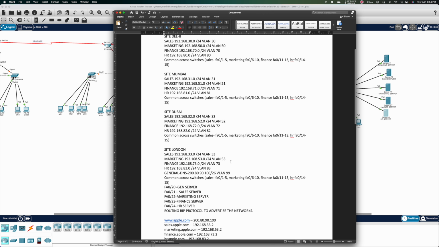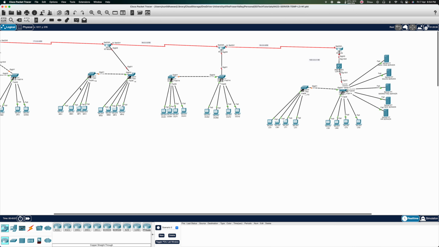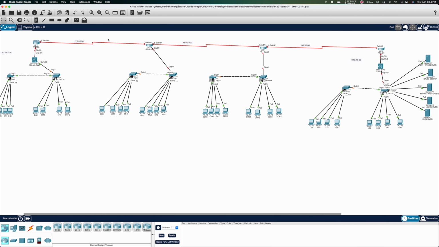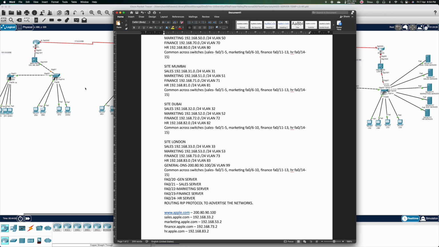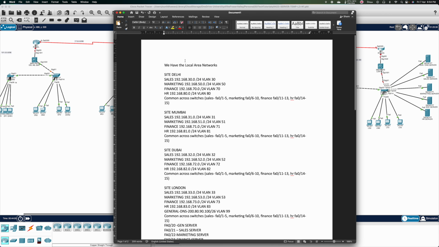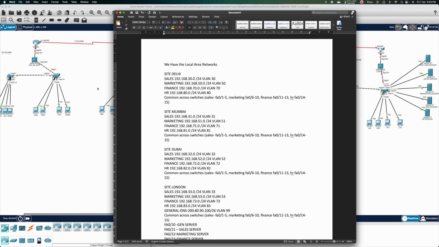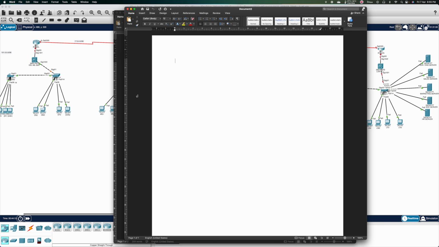Let's now start the configuration. So I have already taken the networks that are in between here, and the rest of the networks are already available in the Word document. I'll share the Word document along with this. Let's now start the configuration from RT Delhi. I'll be using my Word file as a notepad or a script creator tool. So let's start with the configuration for RT Delhi. I'll make a comment here: configuration for site Delhi,